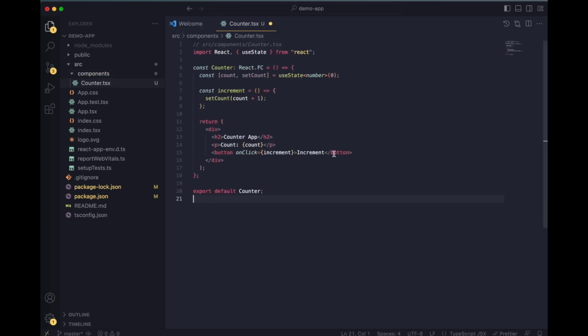This is a pretty basic counter component where we are using the useState hook, and count is currently 0. With each button press, with each increment, the count will be bumped by 1. Easy peasy. So let's see how to create a unit test for this simple component. The file name for our component is counter.tsx. If we need to create a unit test for this component, we will create a new file called